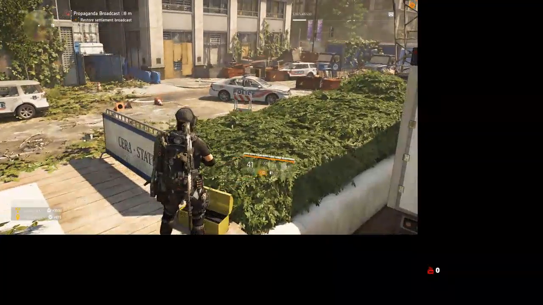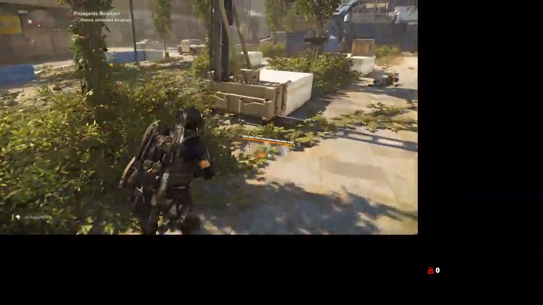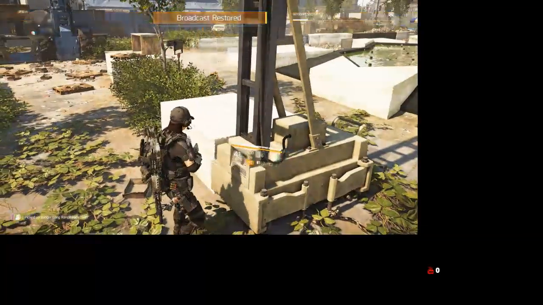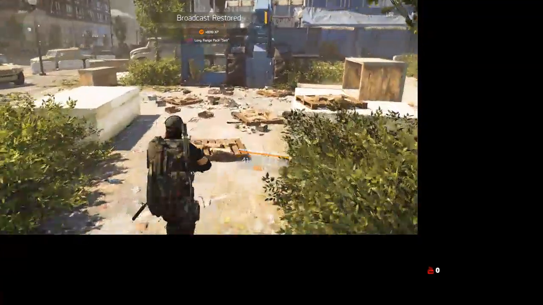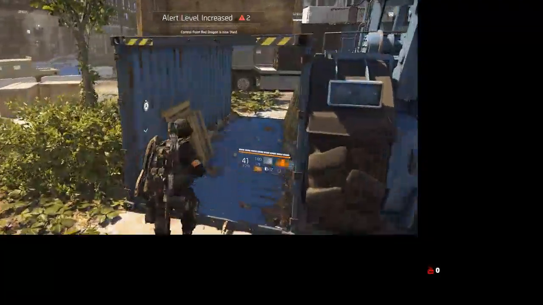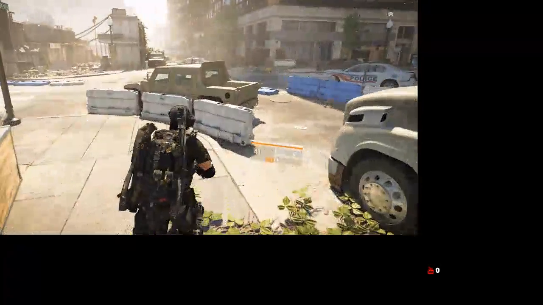Put my drone away. And finish activating this. There we go, side mission complete. That will buff the control point up to level 2. We may not be the strongest community out there, but we are the smartest. If you want to get through this in one piece,